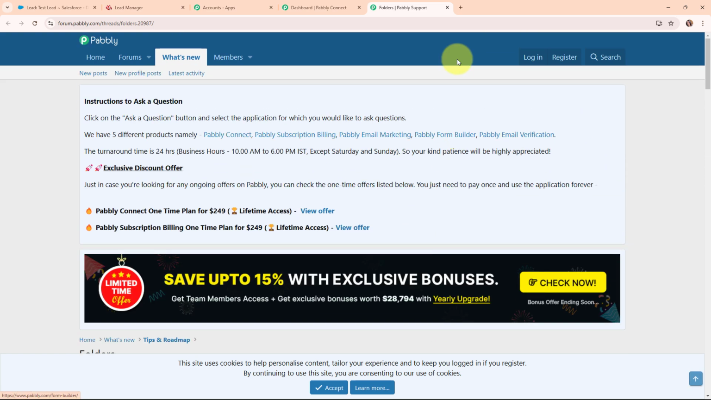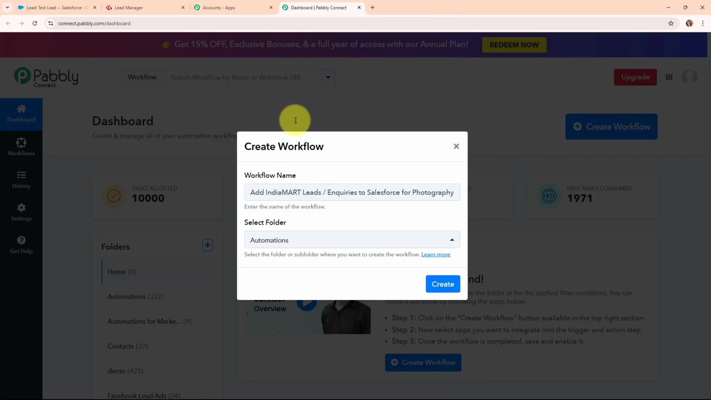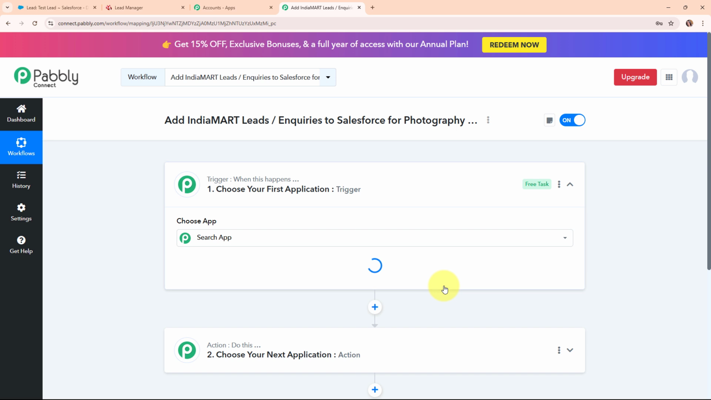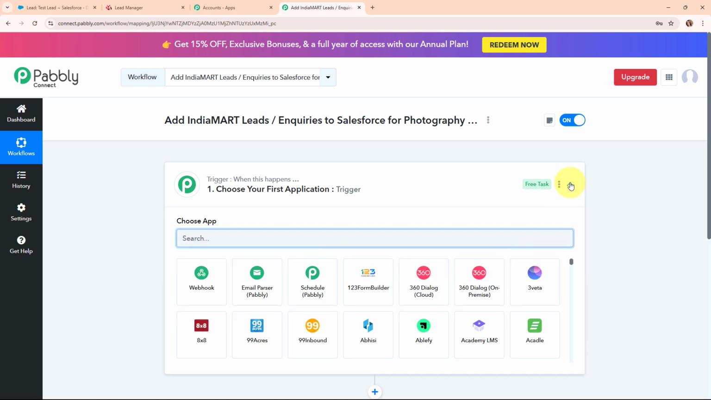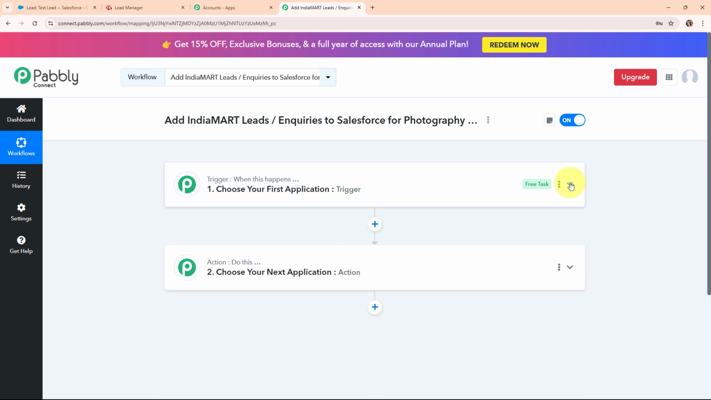So now moving back to my Pabbly's dashboard and here to create a new workflow, I'm going to click on this create button given over here. Now here in this workflow window, you can see we have successfully created a workflow